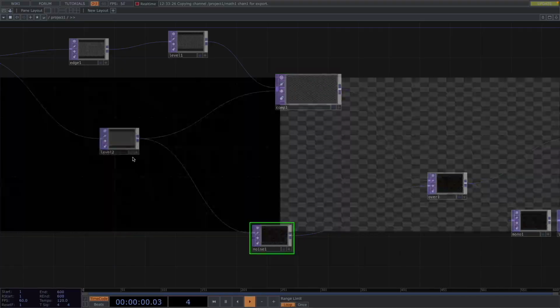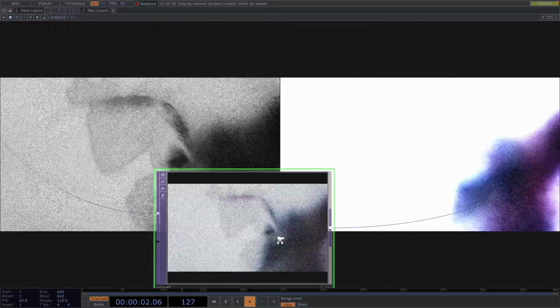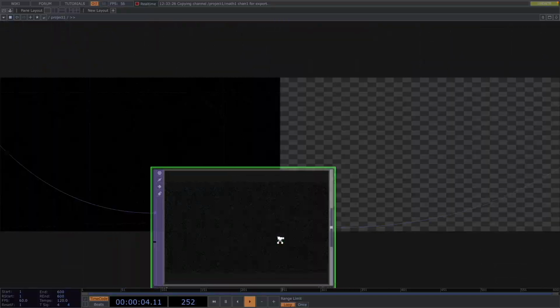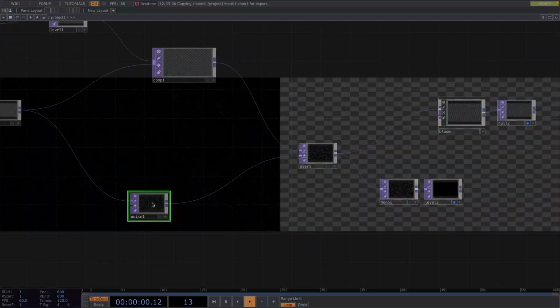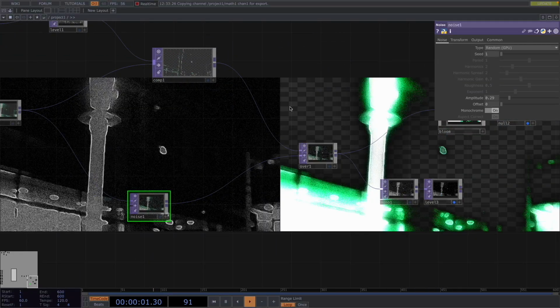You're going to go into a noise from your level, and you can see how that's important. Sick. And we'll go into that noise. I don't know why I didn't go into that. My amplitude